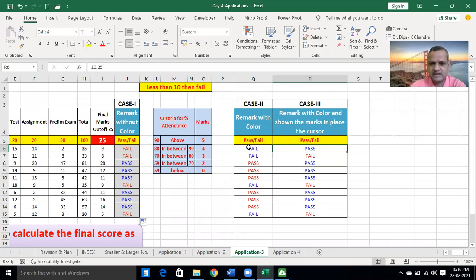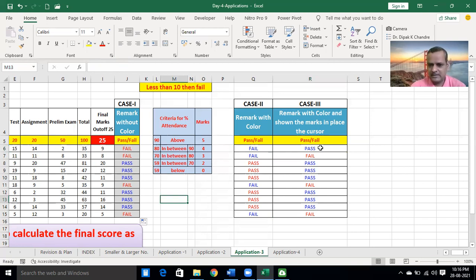But if we click J6, in the formula bar I6 is mentioned. If you click J7, J7 is mentioned. But if you click on R6, then the marks are shown. If you click here R7, the number is shown. If you click at the last cell, it shows the marks. How is it possible?